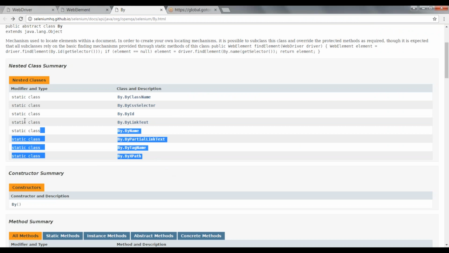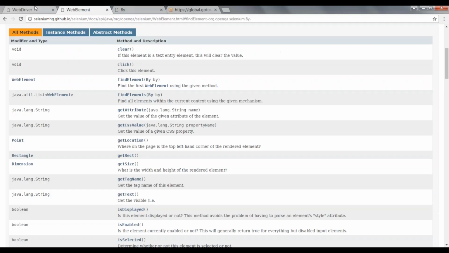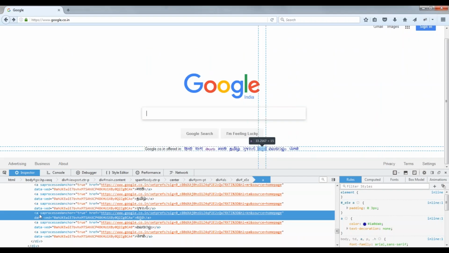So these are different ways of locating the element. Using different attributes I will be locating the element. By tagName, what is the tag name? If it is input, then it's an input tag name. If it is a link, then it will be the anchor tag, that is a.